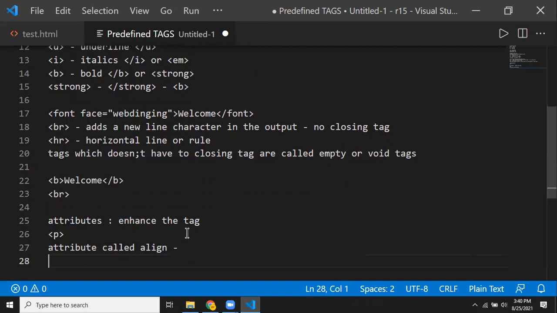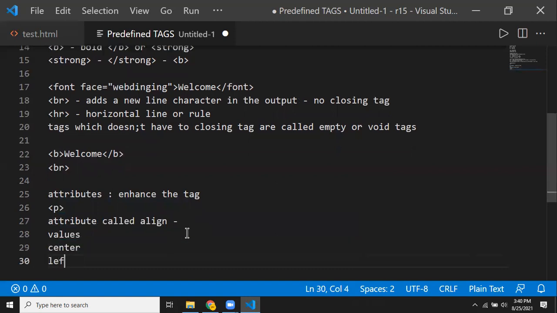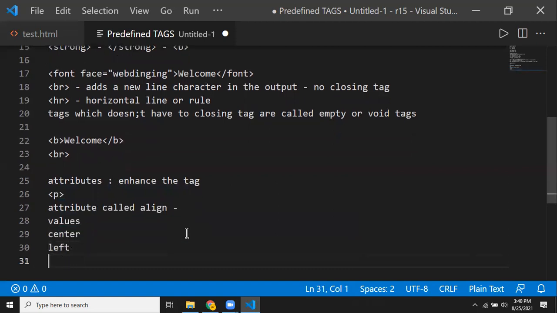We have different values for align: center, left, and right. Remember, left is the default.